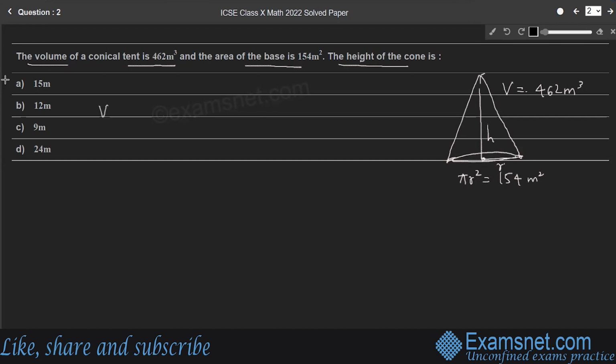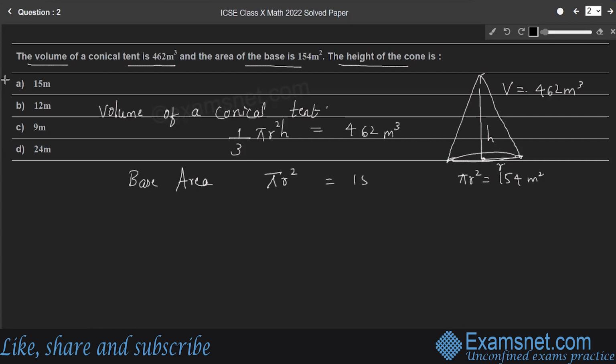Then volume of a cone is 1 by 3 pi r square h, which is equal to 462 meter cube. And the area of the base, pi r square, is 154 meter square. We need to find height. Let us consider these two as equation 1 and 2. So 1 divided by 2 gives,